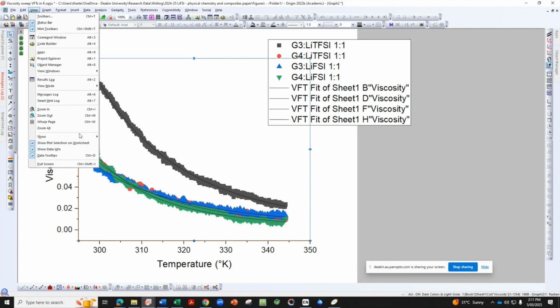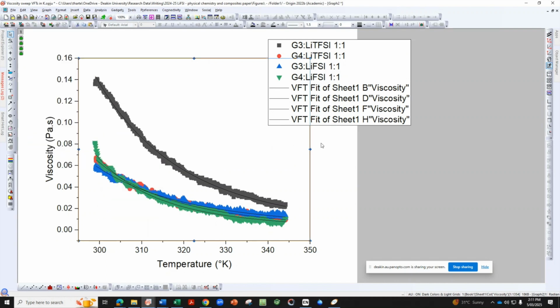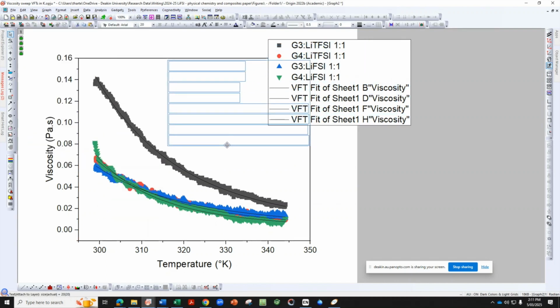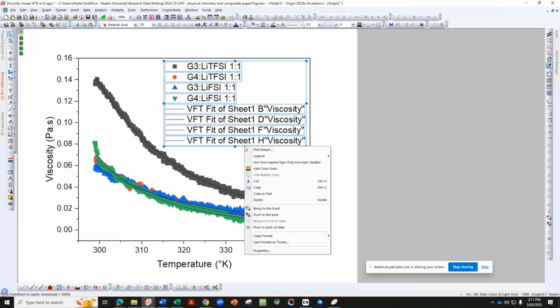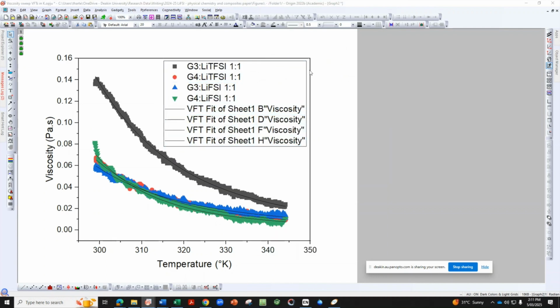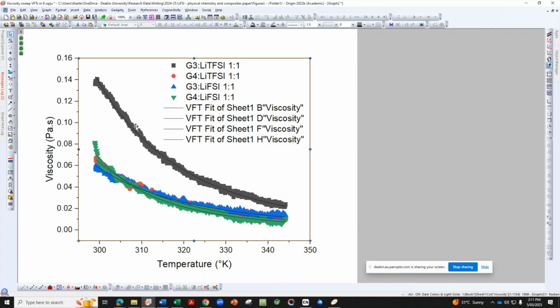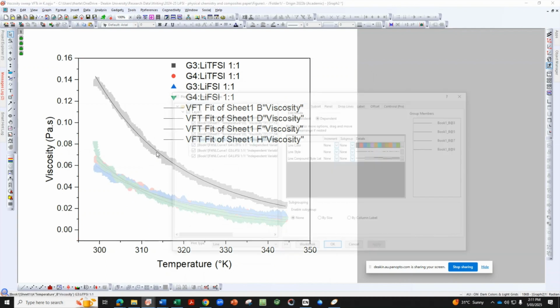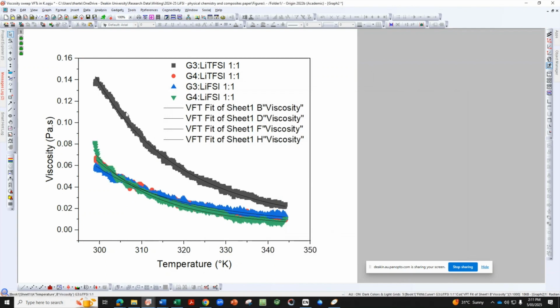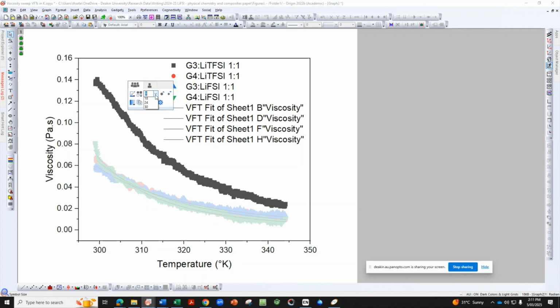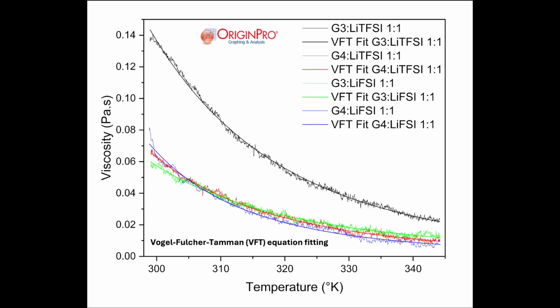Firstly, I'll put a frame around the graph so it looks nice and pretty. I'll drag this box over here so it's within there. I'll remove the frame from the legend. There's just a little bit of tidying up here that we need to do to make this a little bit more attractive. So after some optimization of the graphing parameters, this is what we finally reached with a beautified graph with correct labeling.